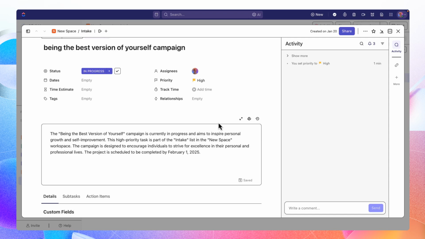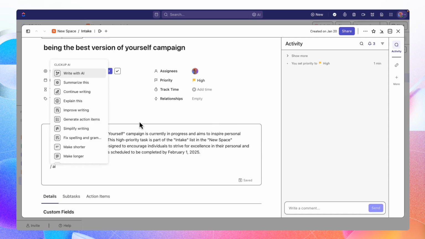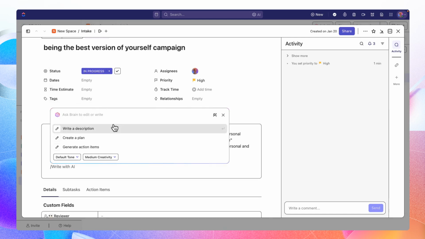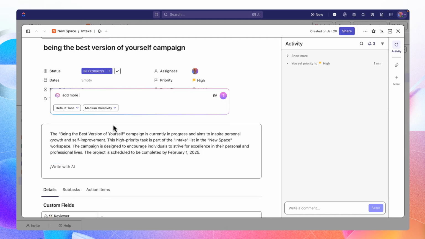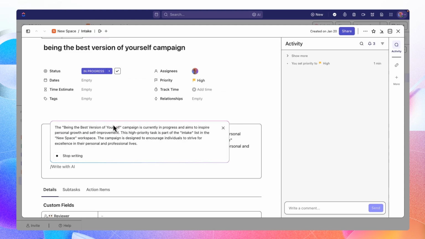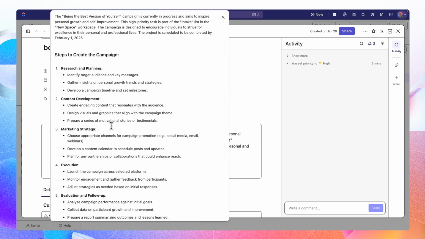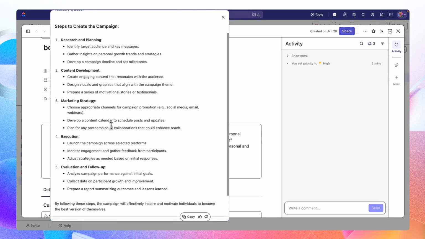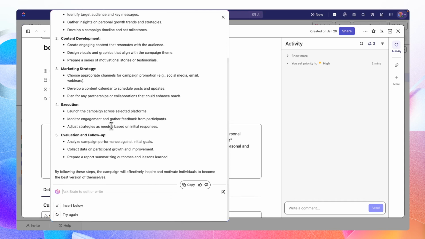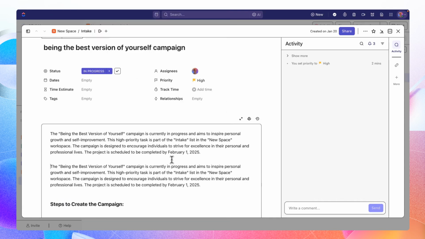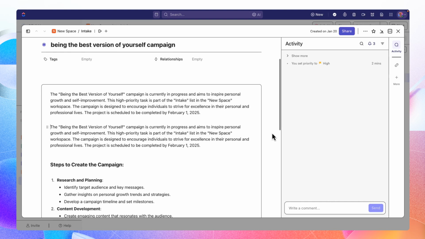Maybe I'd even want AI to add more details to the description of this task, including the steps we need to take to create the campaign. And here you can see AI has now read the name of the task, the description that it had come up with previously, and now it's coming up with all of the steps to create the campaign. So what I'm going to go ahead and do is click Insert below, and now we have a much more robust task that,